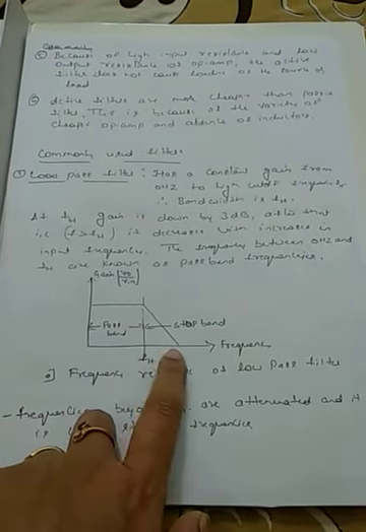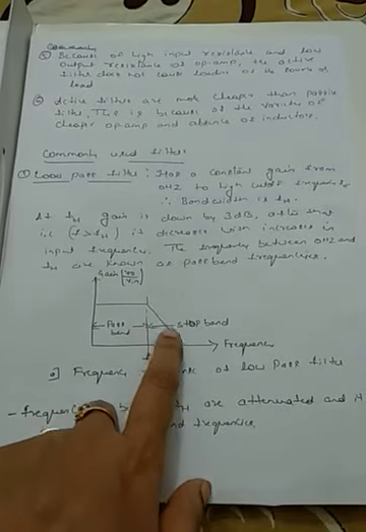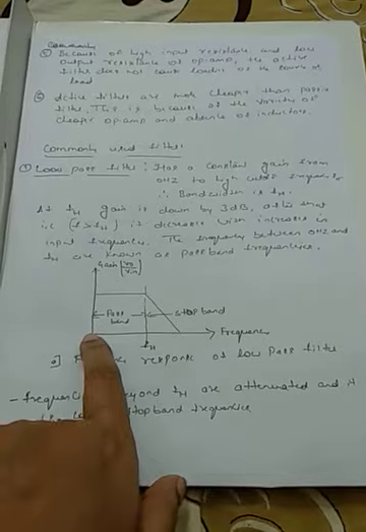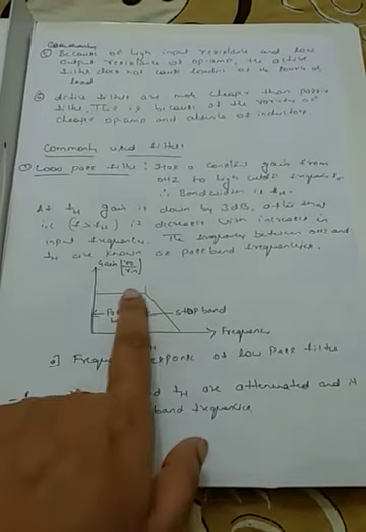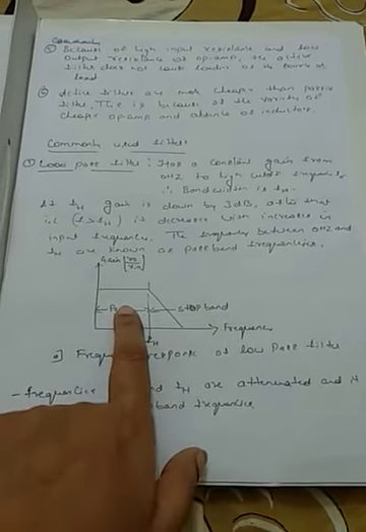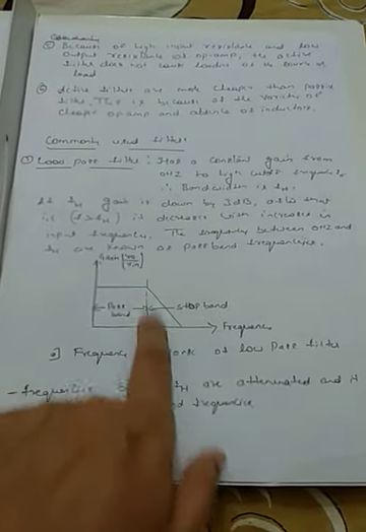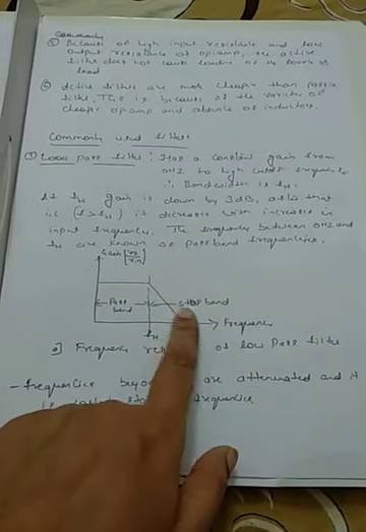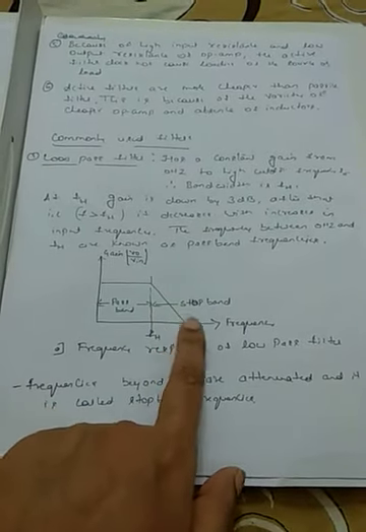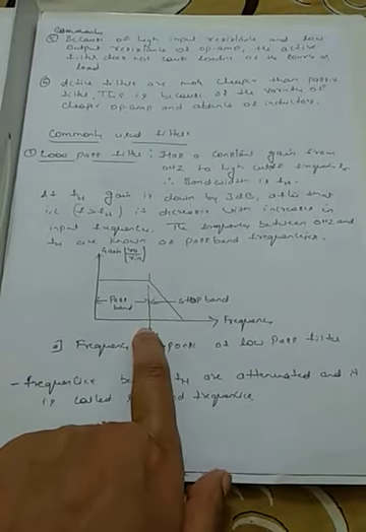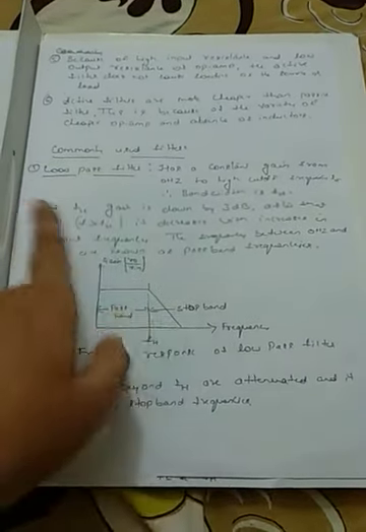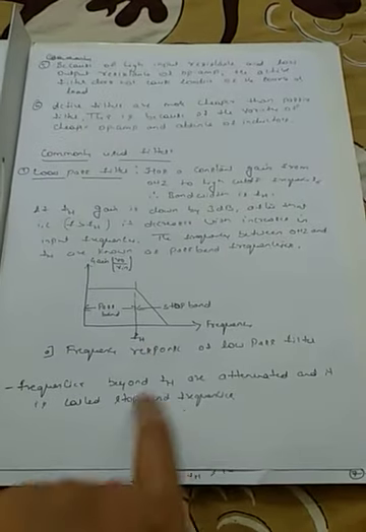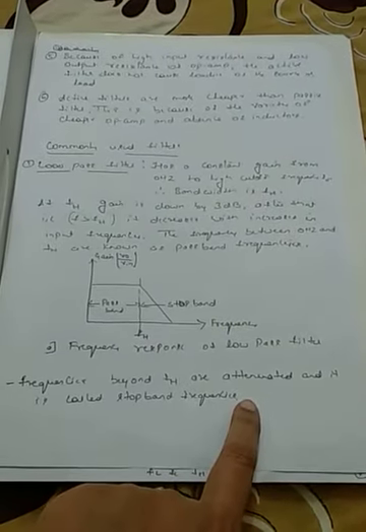After F greater than FH, the gain is decreasing. That is, it passes the frequencies from 0 Hz to the higher cutoff frequency FH, and while it is passing, the gain of the circuit is constant. Once it crosses the higher cutoff frequency, the gain will decrease and it will attenuate all the frequencies above FH, that is the higher cutoff frequency. So the low pass filter will have a higher cutoff frequency. Okay, so frequencies beyond FH are attenuated.